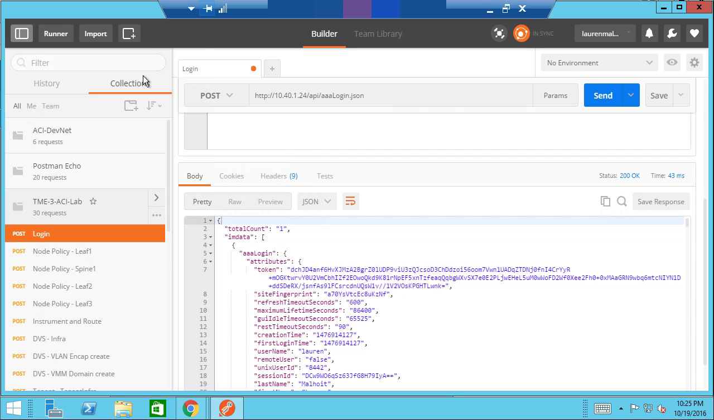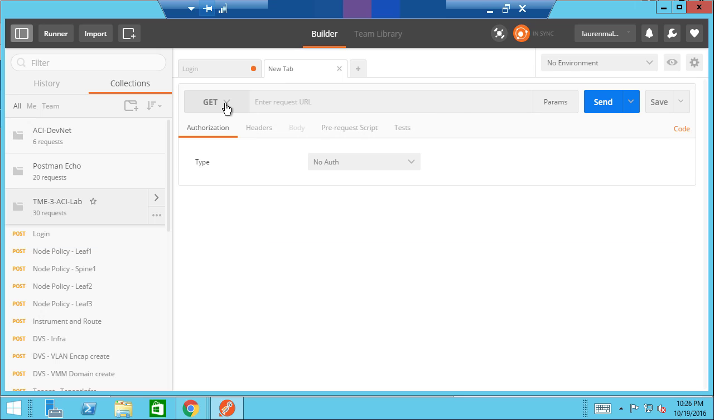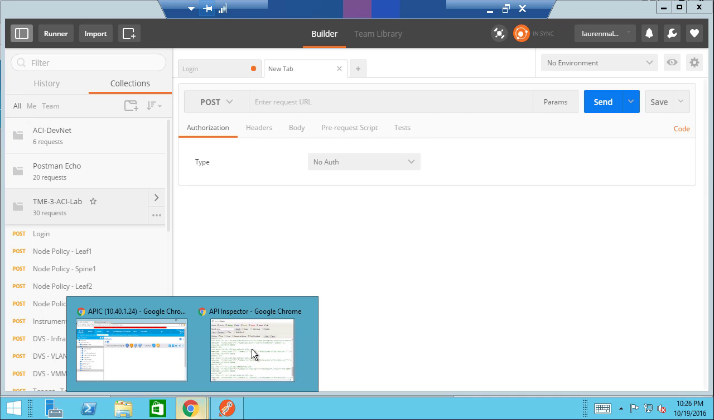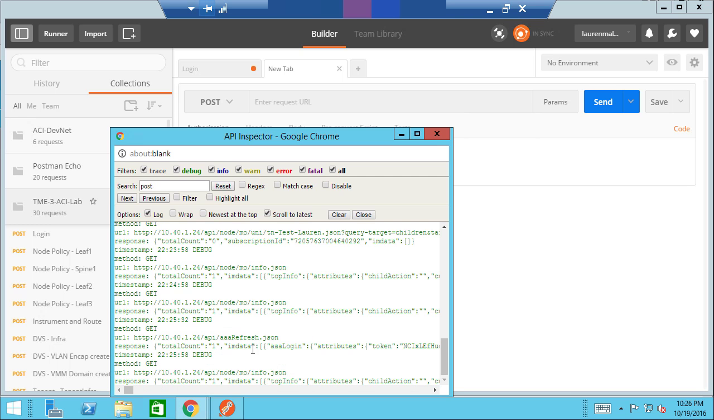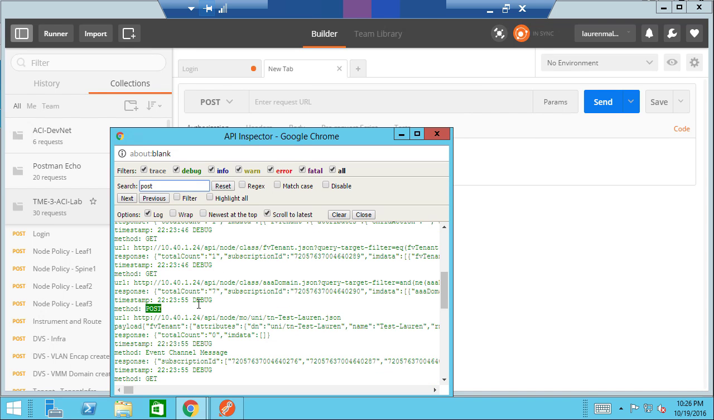Now what I can do is go ahead and create a new post method to create a tenant programmatically using Postman. So I'll change the method to post because we're actually changing something here. We're not reading it, we're posting it. And I will go back into my API inspector. And remember how I pointed out that URL? Let's go ahead and find that again. I pointed out this URL, and this is the location where I need to add the tenant. If I can actually copy that,